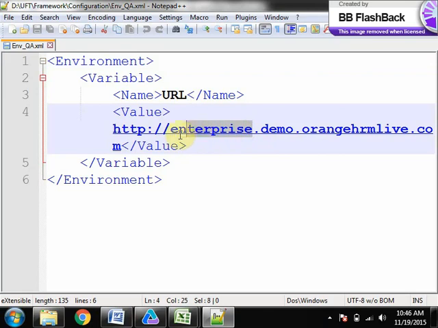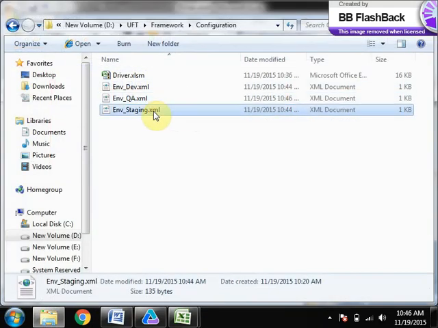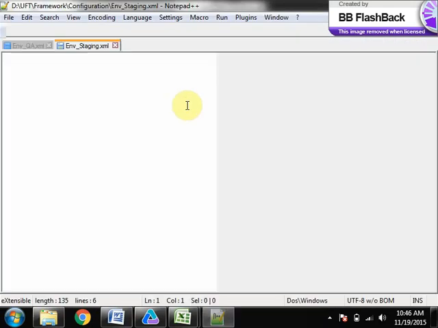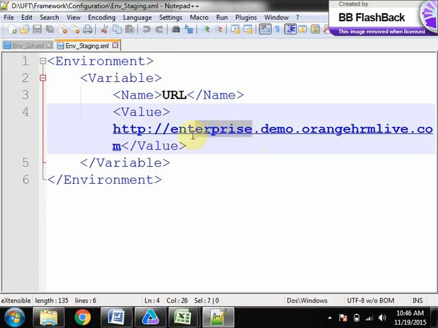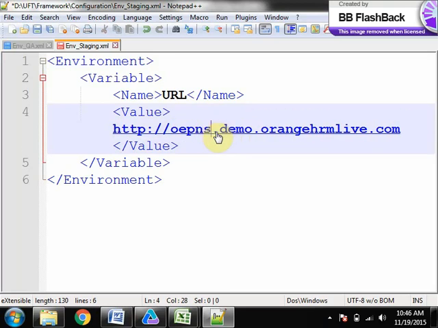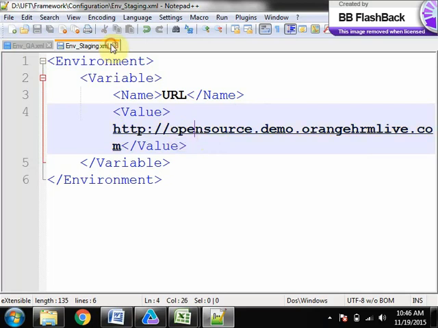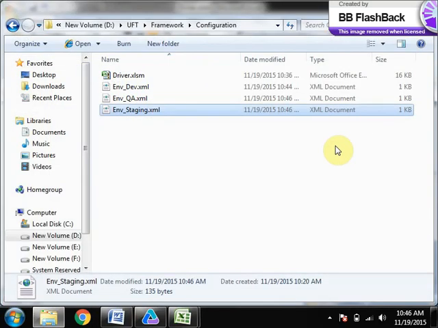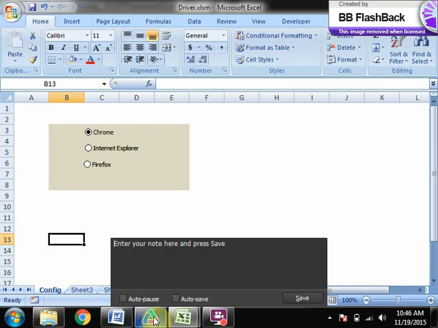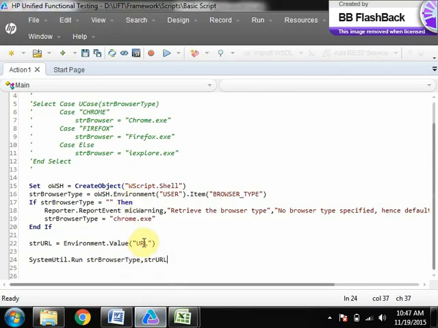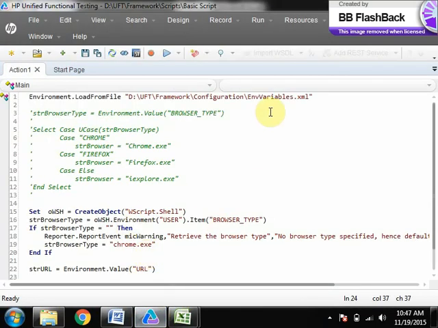So for QA I will give the QA values, and for staging I will give the staging values. See, the parameter name is the same, but the file will vary.